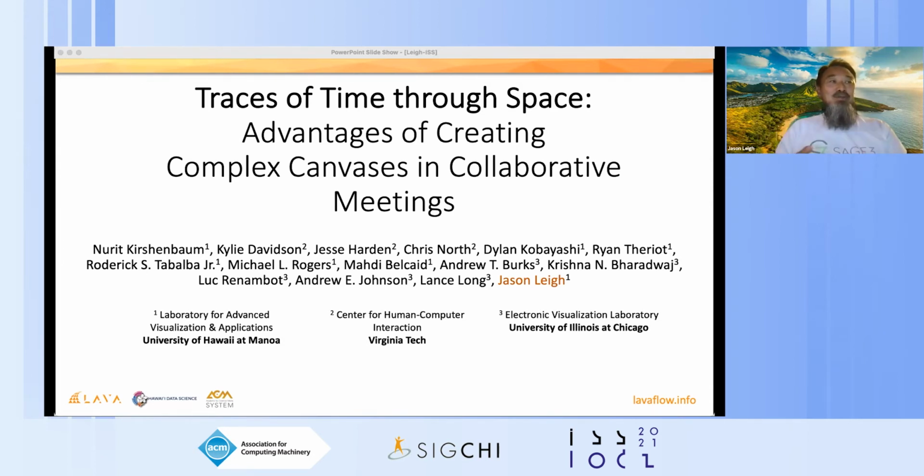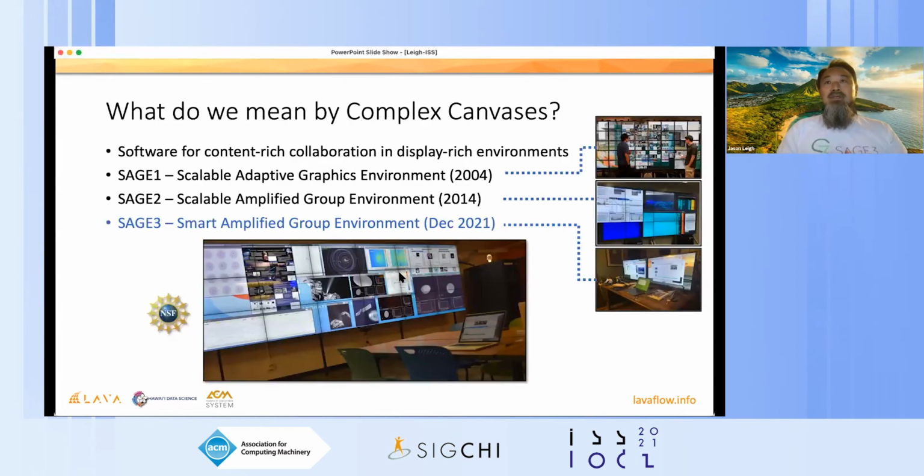So what do you think would happen? Would people go mad? Would they have withdrawal symptoms? Would they revolt? The community that we're talking about here have become very accustomed to using complex canvases. And what I mean by complex canvases are ostensibly people who've been using a piece of software called Sage,